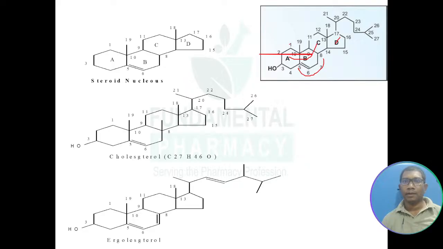then 9, 10, then 11, 12, 13. Right? The nucleus is a ring structure known as cyclopentano perhydrophenanthrene, the cyclopentane ring and the phenanthrene ring. So structure of cholesterol, molecular formula C27H